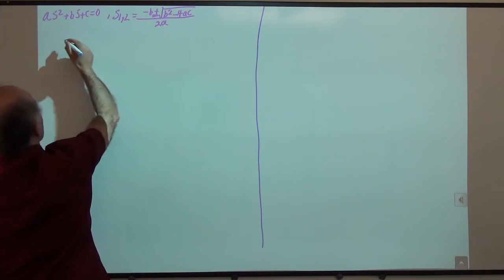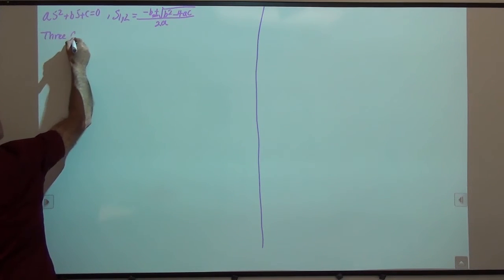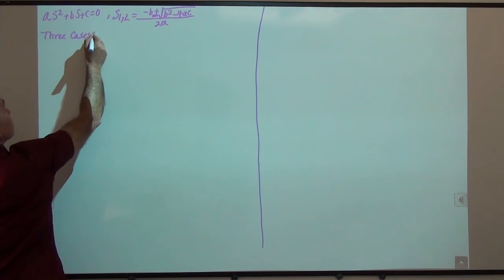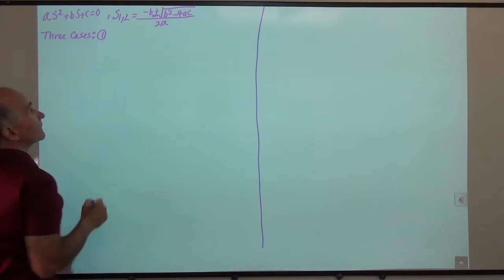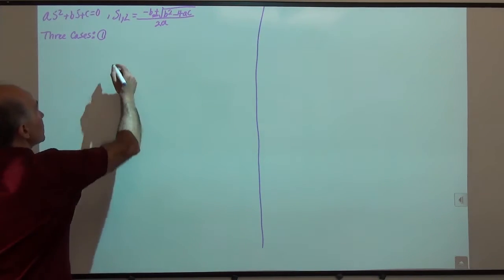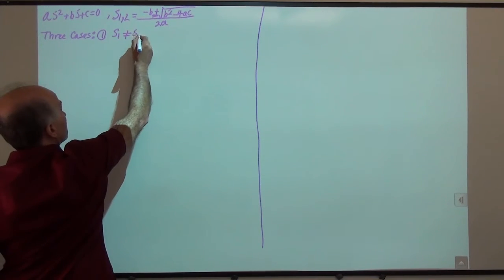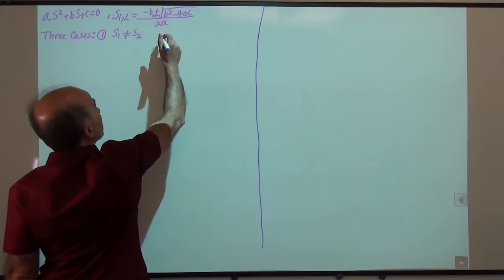So we can identify 3 cases. Number 1, what we just assumed, which was implicitly the following. We assume that s1 is not equal to s2, right? So this is not 0, and